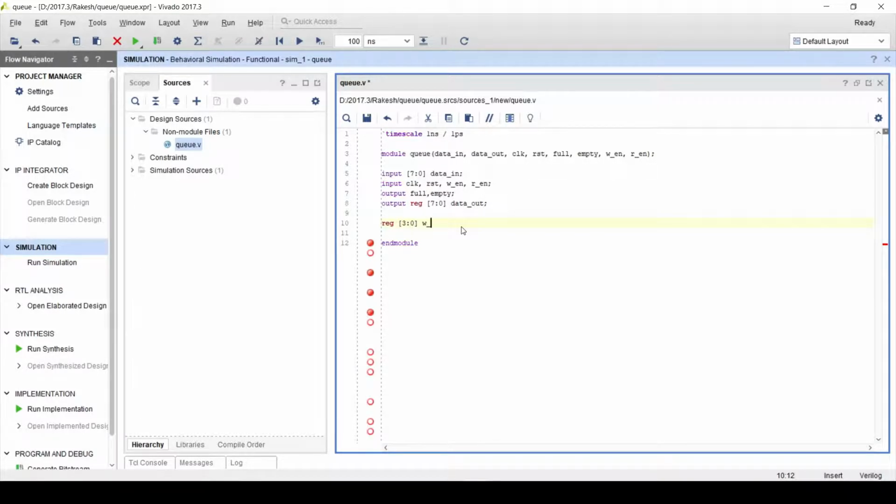Okay, no problem. Write pointer and read pointer. We have mentioned pointers, and now it's very important to create the memory. So how do we create memory? First, a register. And what is our each memory position size? Each position should store 8 bits, right? So 7 down to 0. So let's create this as